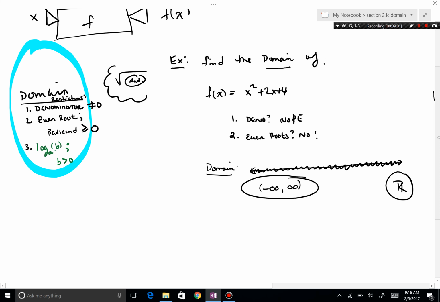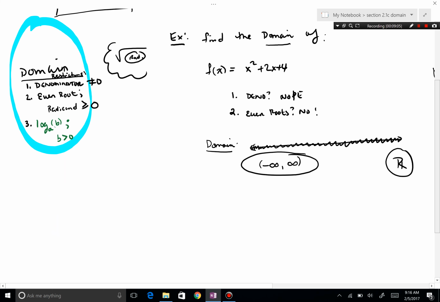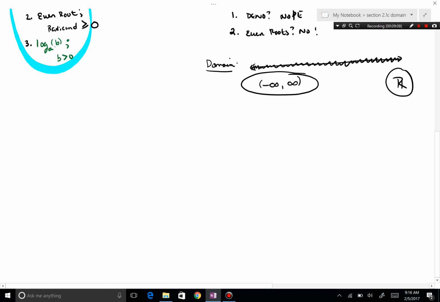So let's do some basics. So this was the basics. Let's talk about the example. So let's do example 1. So this is example 1. And I'm going to do an example with all of these in them, so you can actually get a feel for how this works. For example,